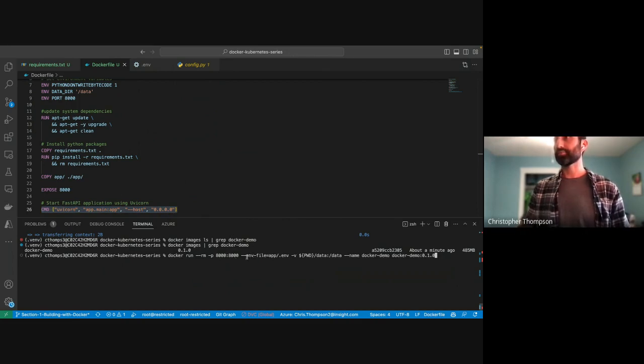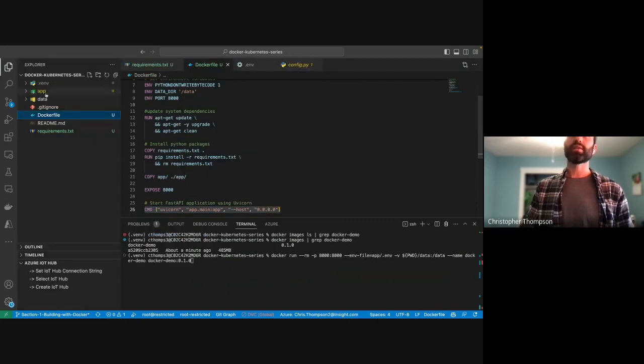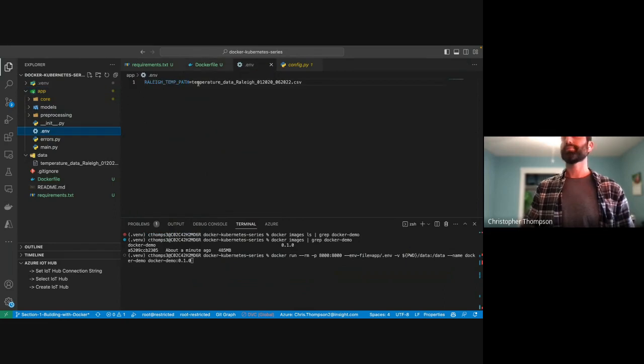And then we have an env file. So we grab that .env file that we created earlier, which is here. Okay, so this is the .env file. We're able to feed external environment variables into our application. So if you want to change those for any reason, like if you're changing between prod and dev, you can have different settings inside of this env file that you can feed into your application externally